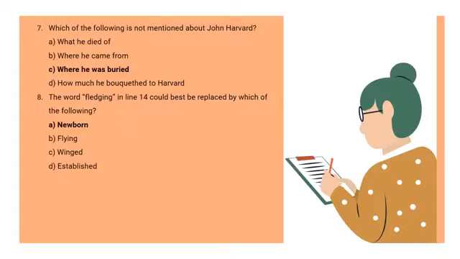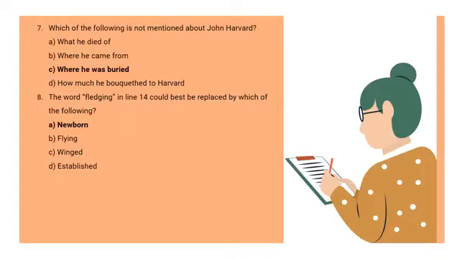Now, I want to answer the questions of the reading section in complete test 5 from number 7 until number 15. The question of number 7 is, which of the following is not mentioned about John Harvard? From the question number 7, I choose my best answer is C, where he was buried, because in